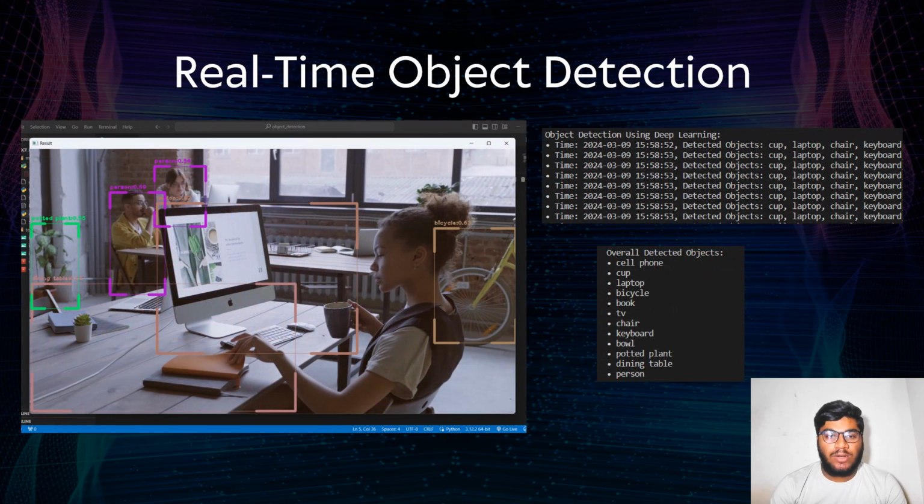Now we can see video frame 2, where a video frame of an office has been displayed, where some persons, a chair, bicycle, laptop and some potted plants have been detected from video frame 2. With respect to the timestamp, we can see the object detection using deep learning with the detected objects, cup, laptop and some potted plants listed according to the timestamp